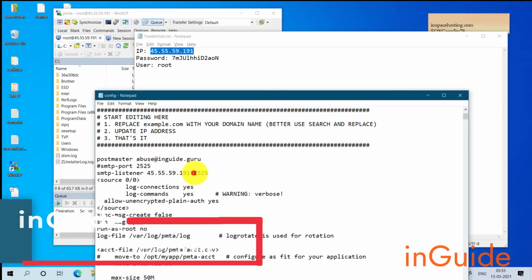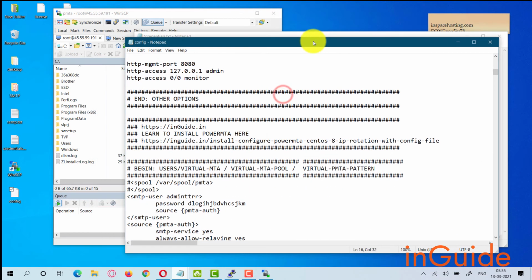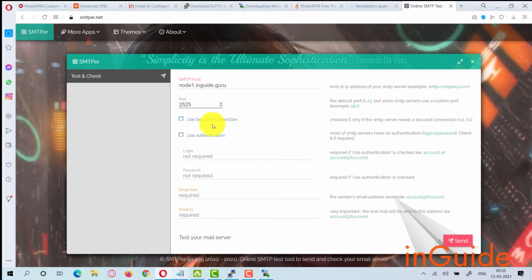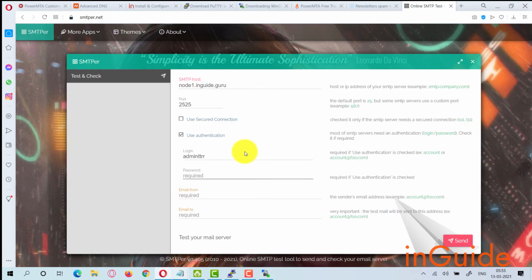Now here you can see port 2525. Let's copy the username, SMTP username, which is this. Okay, here check this use authentication, and then copy the password,